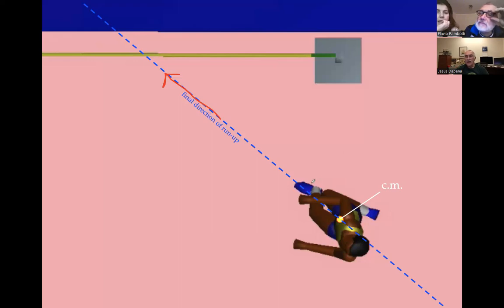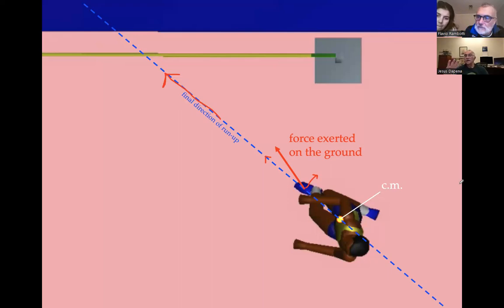Because of that, the force that the foot makes on the ground will not point perfectly forward. It will point like this. So instead of pointing like this, it'll add an extra force that way, and that's how you point at an angle like that.